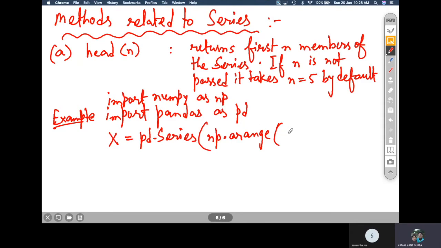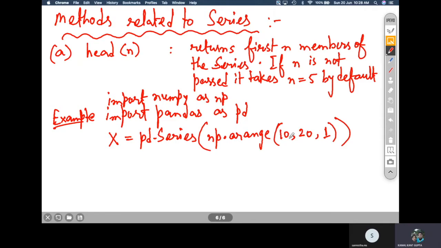So what is the syntax? You have to just pass the starting value and the ending value. Writing arange, I'm writing here 10, 20, 1. What does this mean?